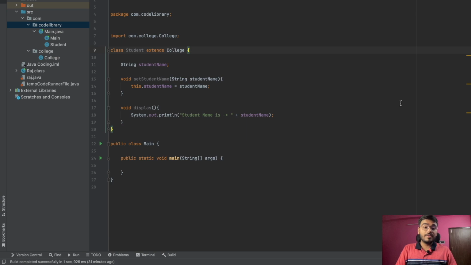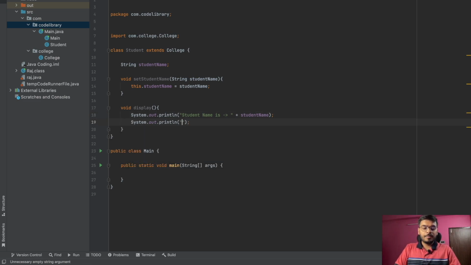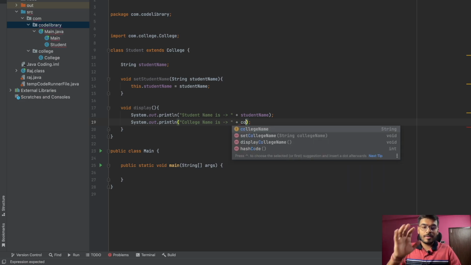Let's check whether we are able to use the variables and functions of college or not. Let's try to print college name, sorry, spelling mistake. When I'm writing college name, in the recommendation you can see that I'm getting the option collegeName. Also, I'm getting the option setCollegeName. These two features were there in the college class: a variable collegeName and a function setCollegeName. Both properties were there inside college, and we can use both easily